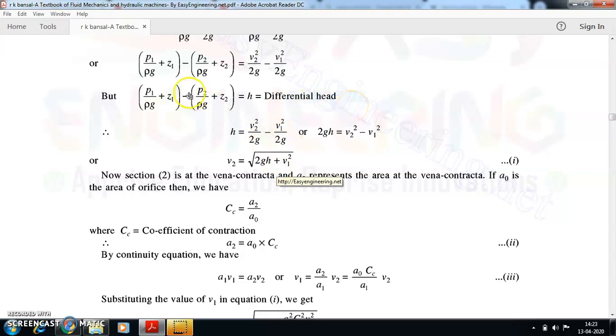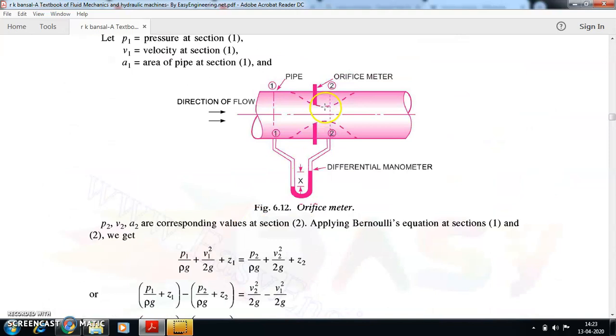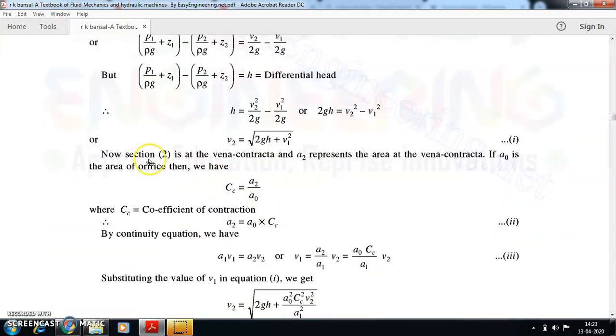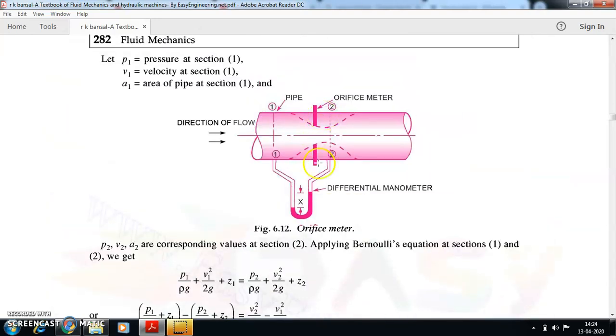Now h will be equal to either your left hand side or the right hand side. Now if you work on the right hand side, h is equal to V2 square minus V1 square divided by 2g if I take 2g common. And if I take it on the left hand side, 2gh will be V2 square minus V1 square. Work on the second velocity. Okay, take V2 is equal to root of 2gh plus V1 square, and I told you that section 2 where you have the lowest diameter, highest velocity, that particular region is called the vena contracta region, and let that particular region be region 2. That's what I told you.